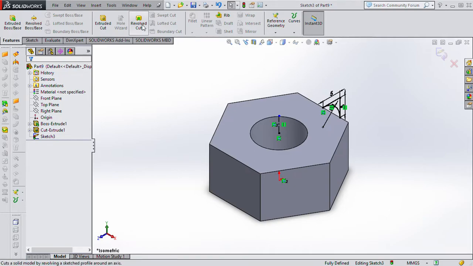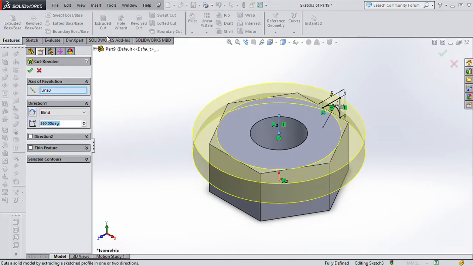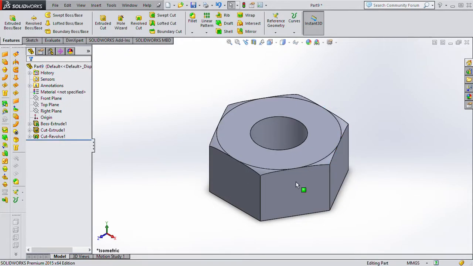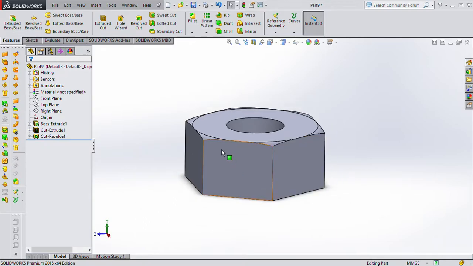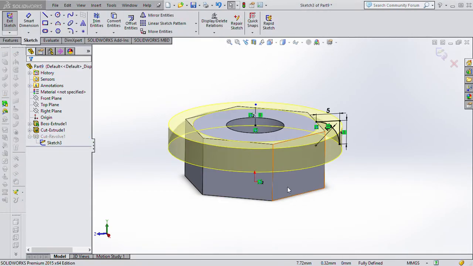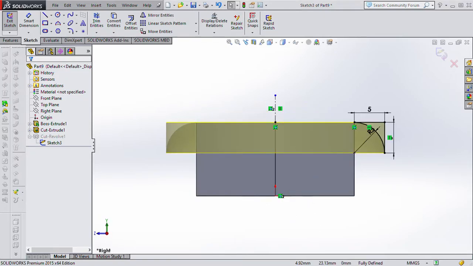You can use cut revolve. If you use cut revolve, you can create this fillet. Look, this is the fillet, which is a bit different from the fillets which you already did, okay. Or you may go back to this sketch here, look, isometric, and you may create